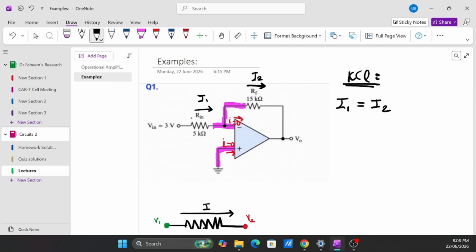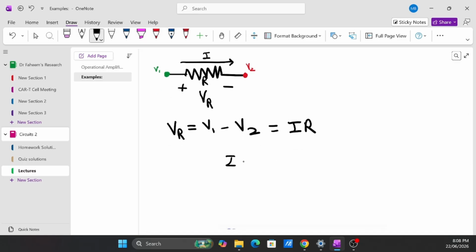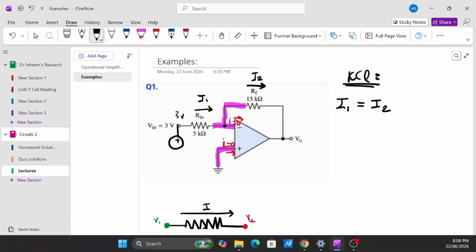And let's use Ohm's law to figure out what our output voltage is. So let's expand on these terms and go back to Ohm's law. So the current is going to be V1 minus V2 divided by R. And over here, I1 is going to be 3 volts. So it's going to be 3 volts minus,